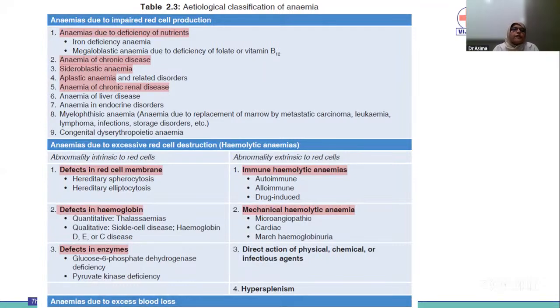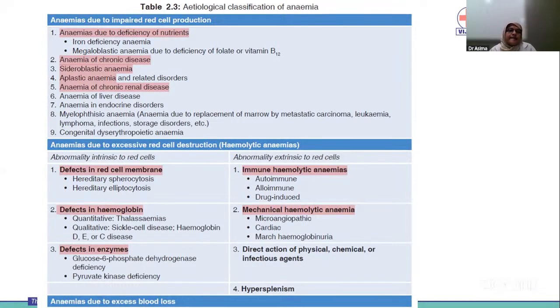Then we go to the anemia of chronic disease. Usually it is due to 3 things: it may be due to infection, it may be due to inflammation, or it may be due to involvement of malignancy. Then we go to the third type of important anemia, that is sideroblastic anemia. In this, we see defective heme production, wherein the iron cannot enter the heme. Thus, it accumulates in the cytoplasm around the mitochondria. So we generally see this in the form of sideroblasts in the bone marrow.